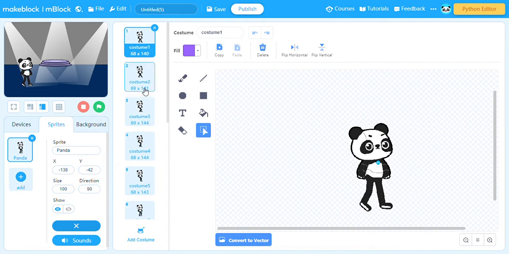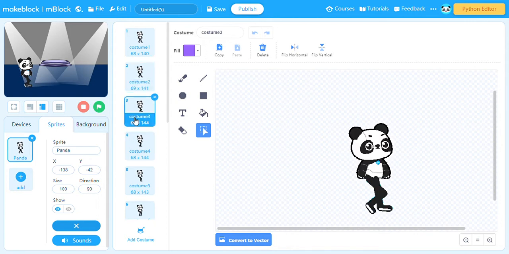Okay, so the second costume looks like this. If you don't have enough time to copy that, just pause this video and see and copy it. And the third costume,